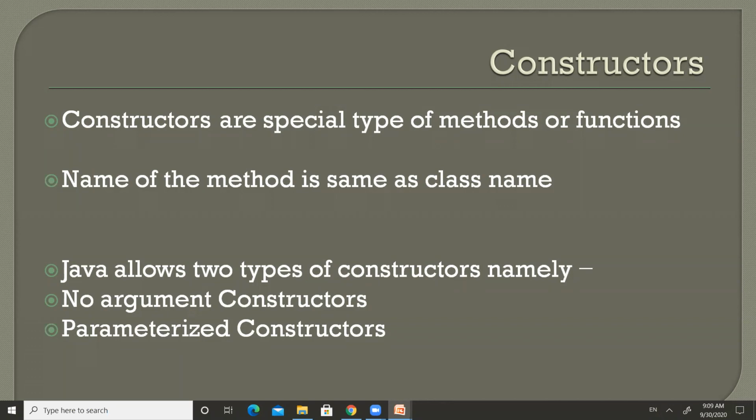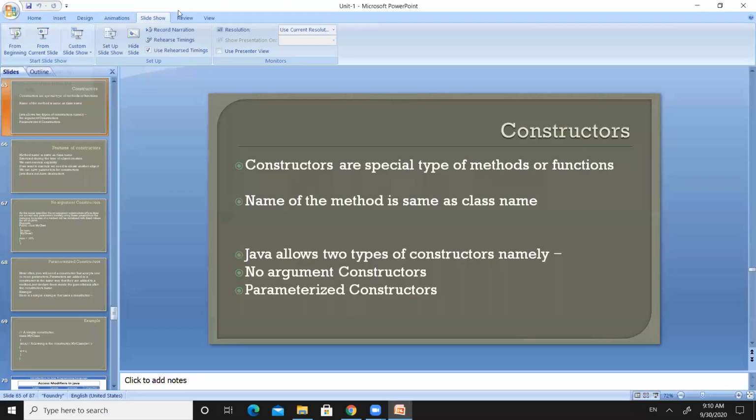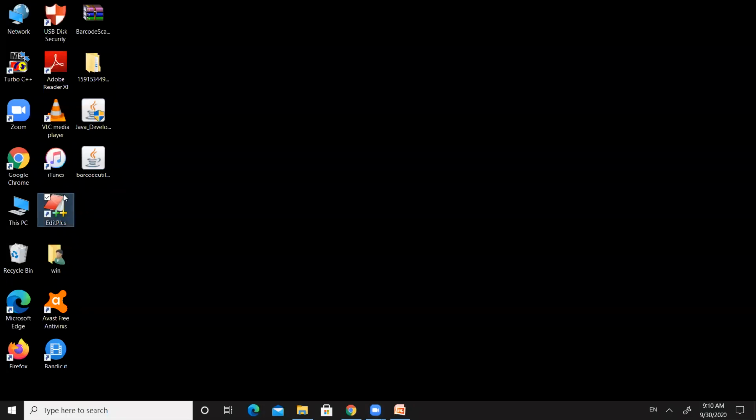In parallel, I will show what a constructor is, what a parameterized constructor is, and what a no argument constructor is in the programming window, so that it will be very easy to understand the topic. Right, I am moving into the programming window here. There are some rules for constructors.